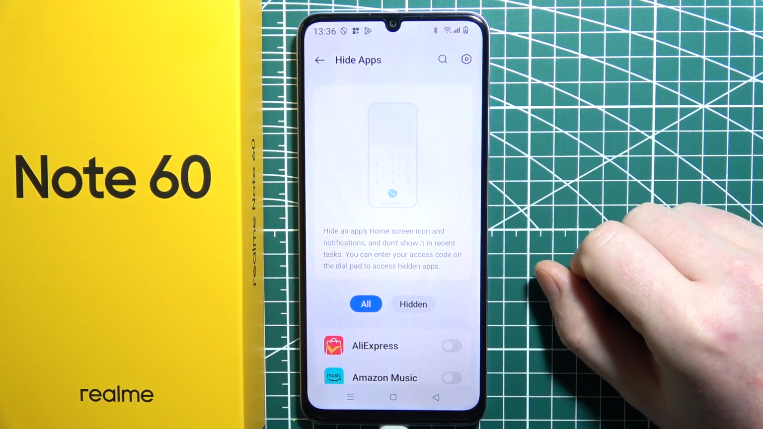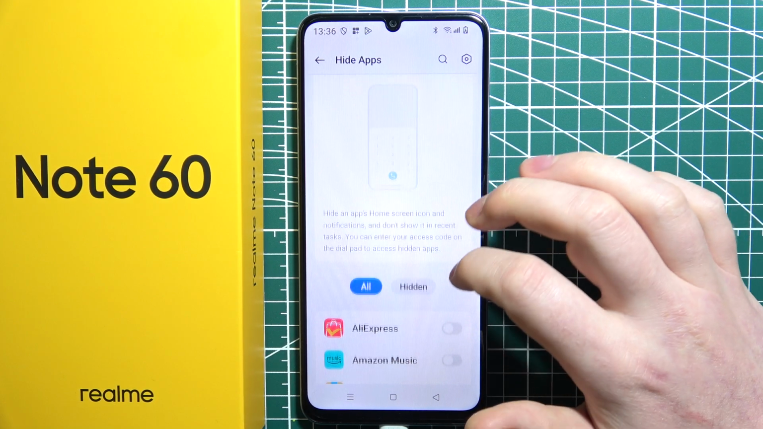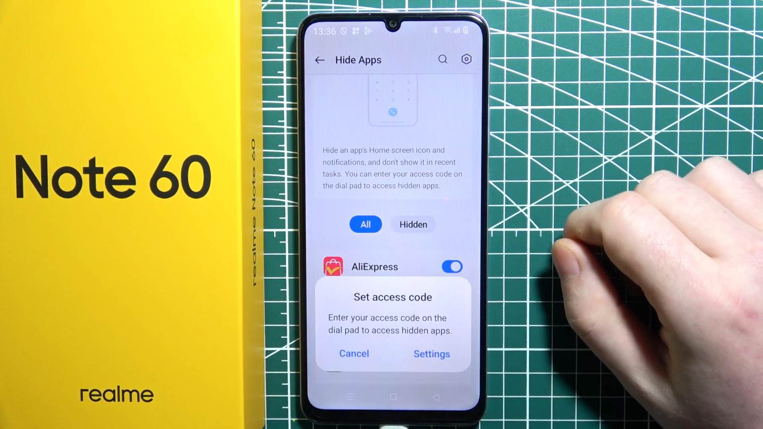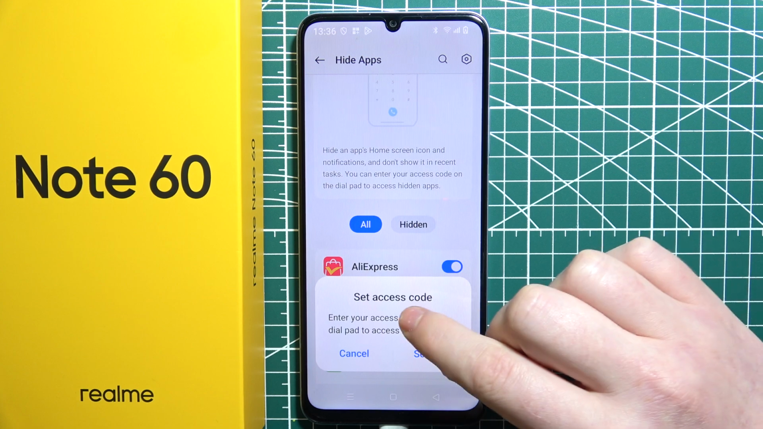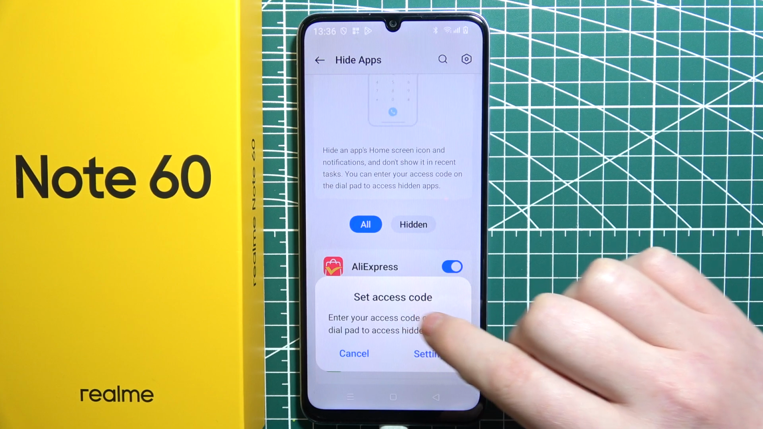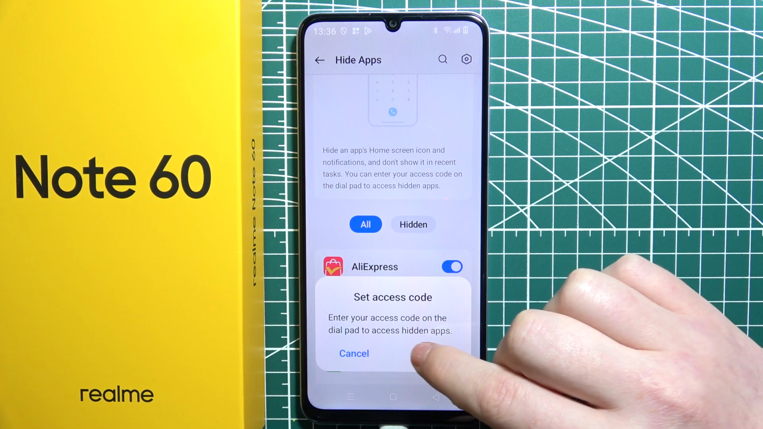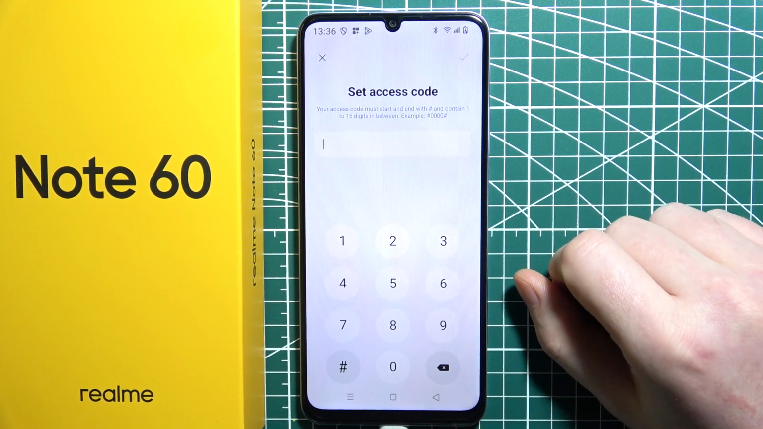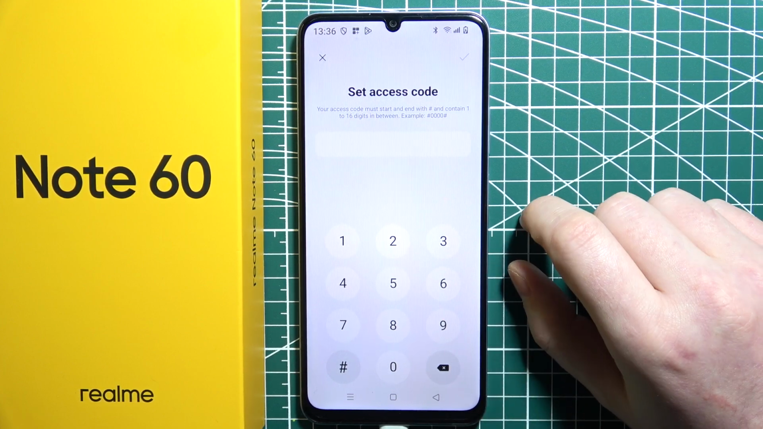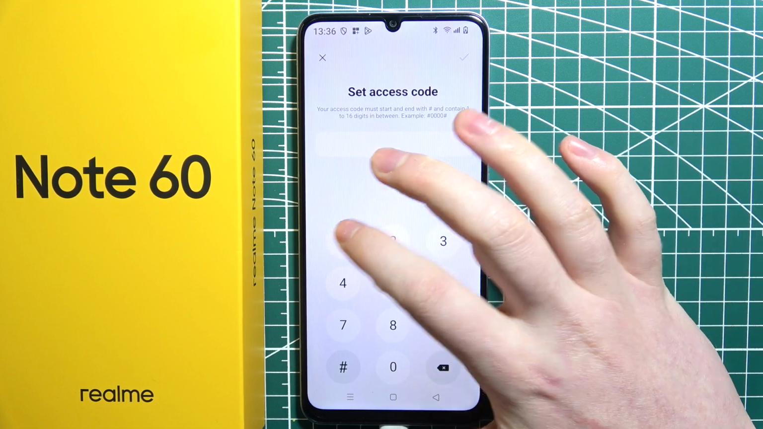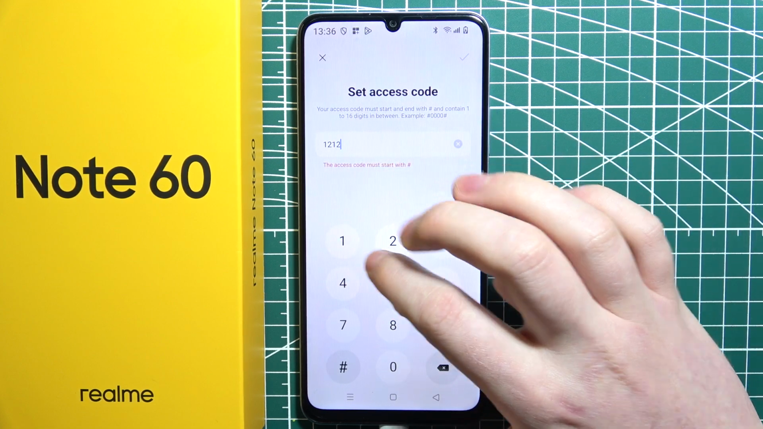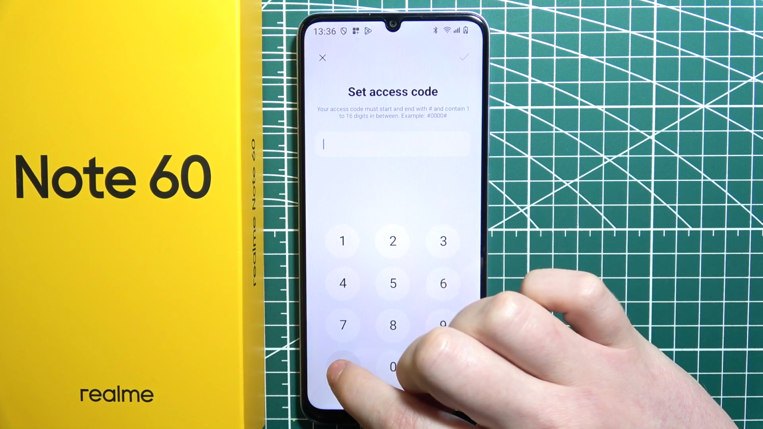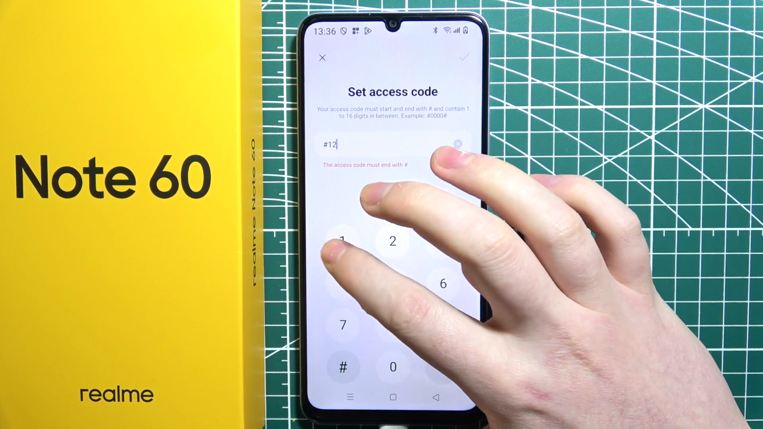And when we're inside the hide apps, then you can select the specific apps that you want to hide, click on them like this. Then for the first time, it will ask you to set the access code, and we can do it by going to the settings and now enter the number you want to use as the password for hidden apps. And in this case, I'm gonna go with 1212, or actually it needs to start with the hash. So hash 1212